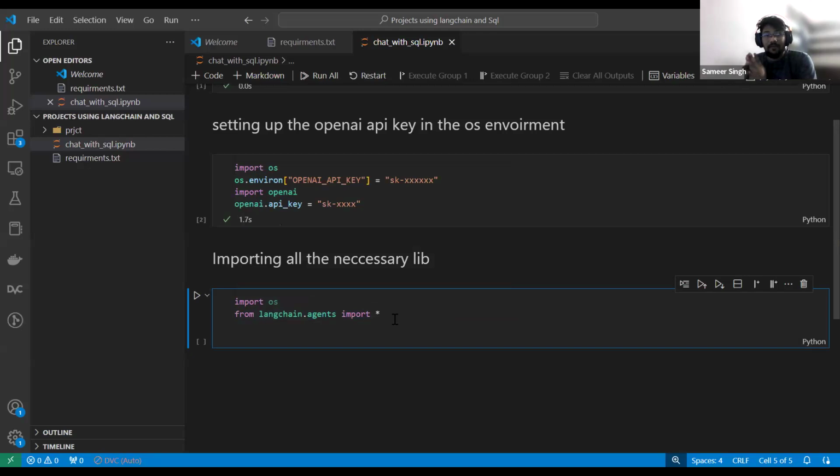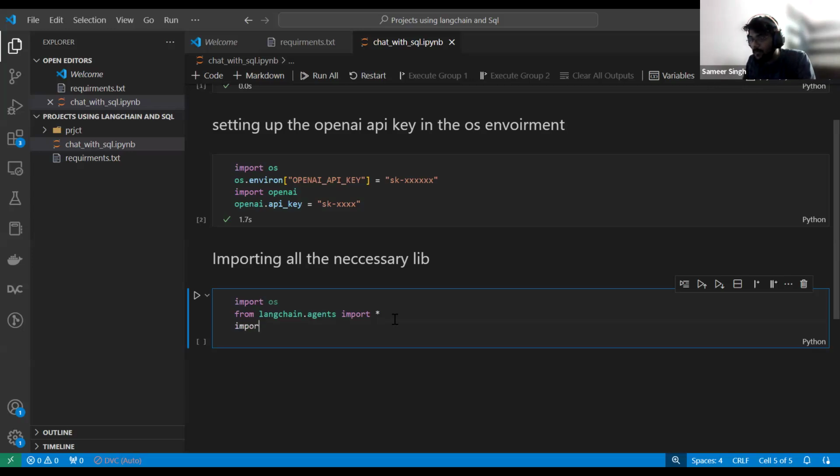Star means for now I'm just importing all the possible agents which we have in LangChain, right? But we are not going to use every agent. We'll use a SQL agent, the LangChain SQL agent, which is useful to talk to and take decisions from the SQL database. Because ultimately our goal is to chat with the SQL database, right?